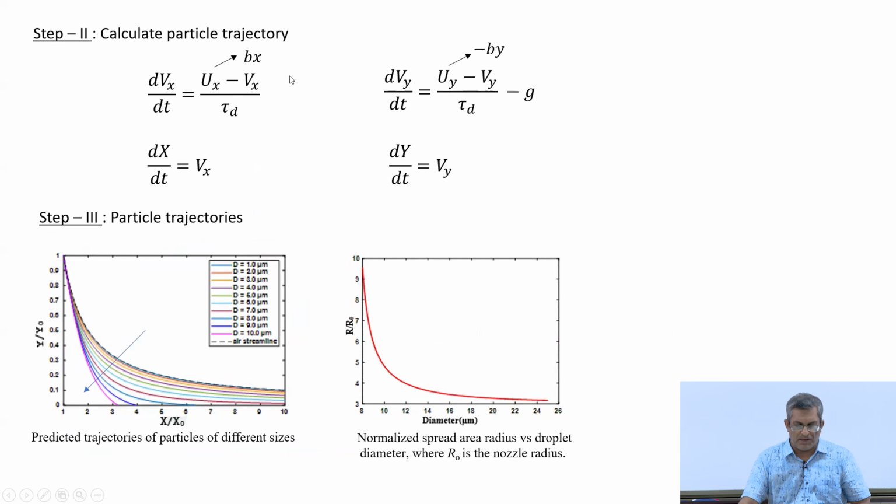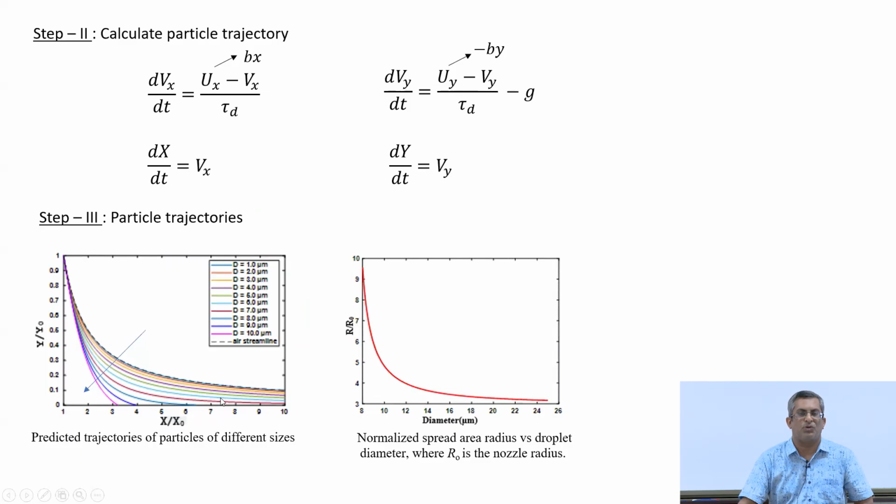Here you replace ux and uy with these expressions, and then we can solve this. In this case we have the acceleration due to gravity in the y direction. If you solve this, you can get the particle trajectory,